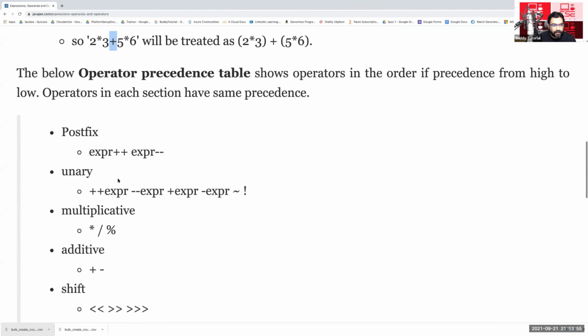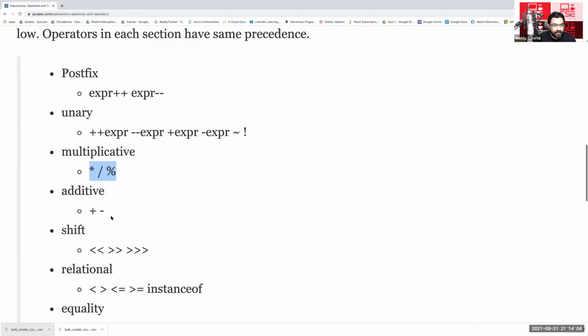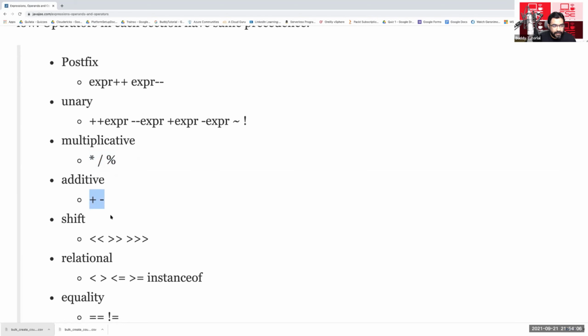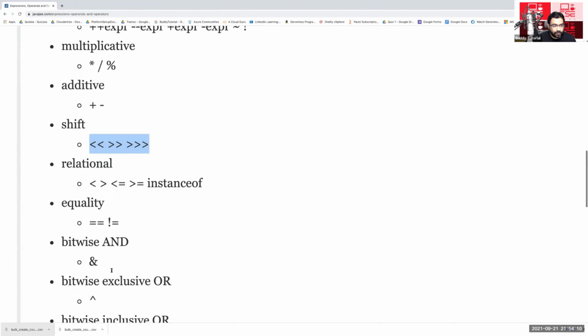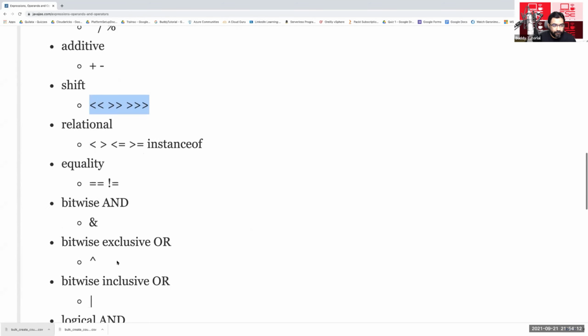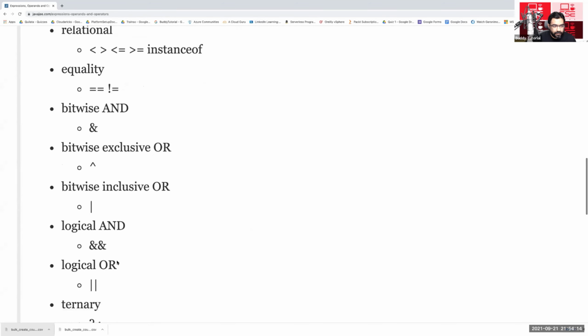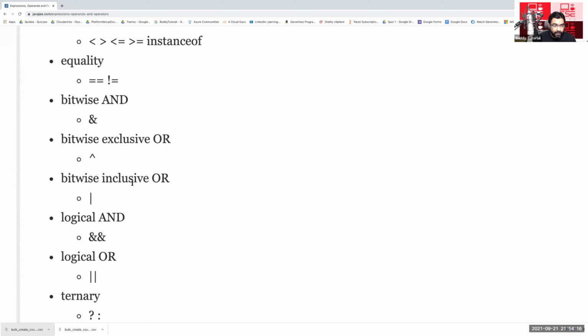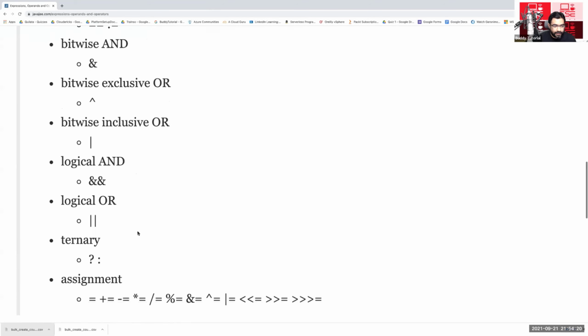So we saw postfix, unary operators, multiplication-related operators, addition operators plus and minus, shift operators, relational, instanceof, equality, bitwise exclusive or, bitwise inclusive or, logical and, logical or, ternary, assignment.